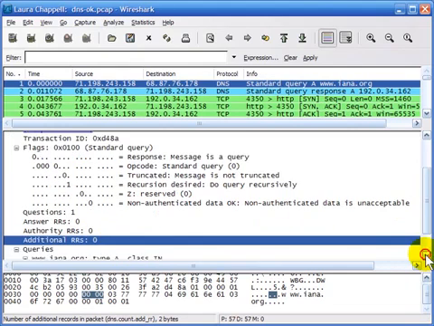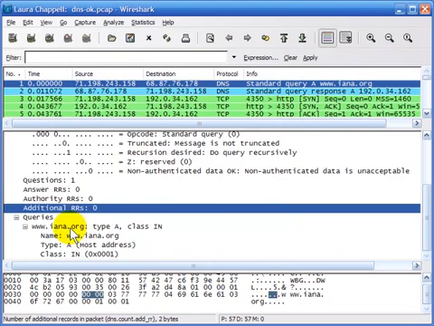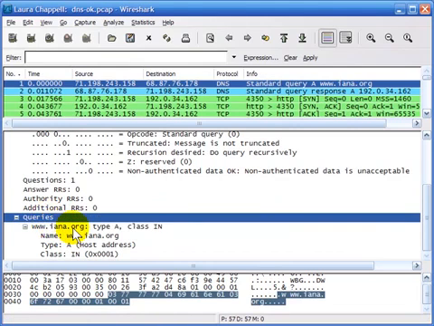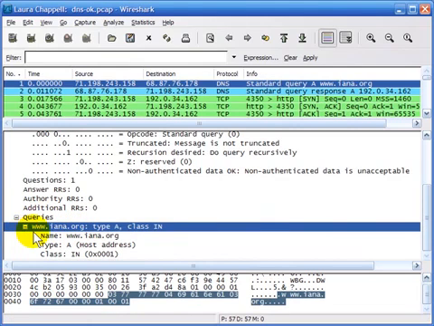Let's look a little further in this packet at the query that was made by this client. We can see on this line, here's the summary of the query. The query was for www.iana.org, and the user was asking for a type A, which is a host record. And the class type is IN, which stands for Internet. Let me take you out to the IANA page